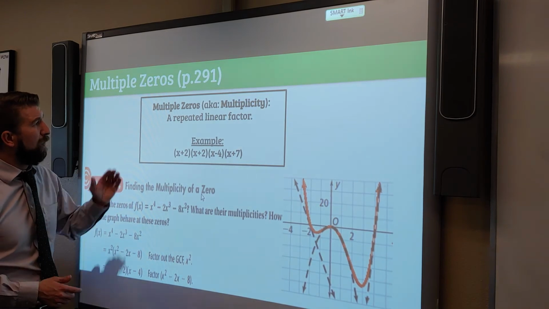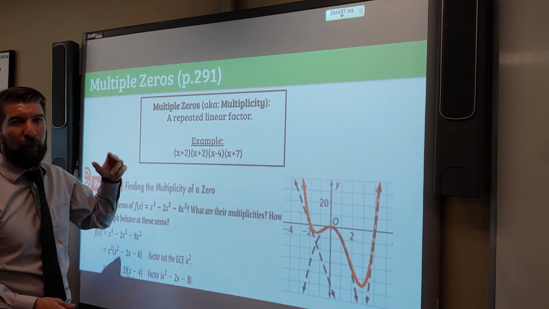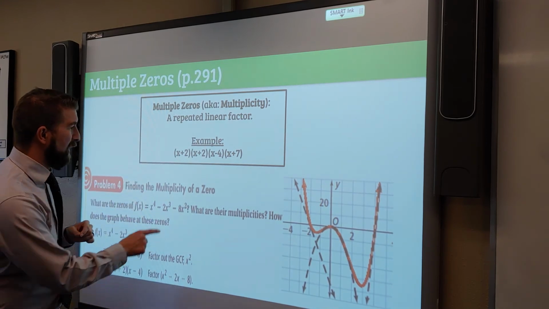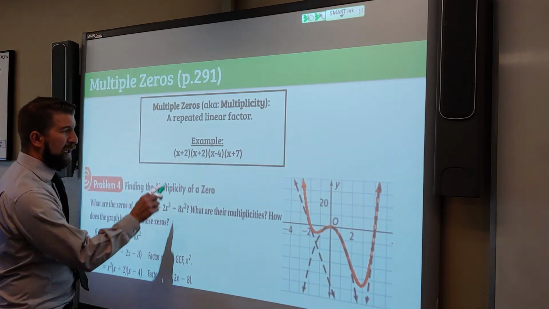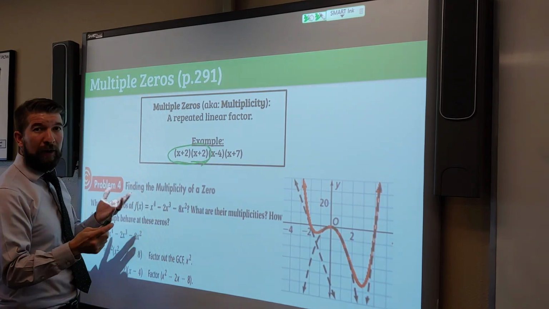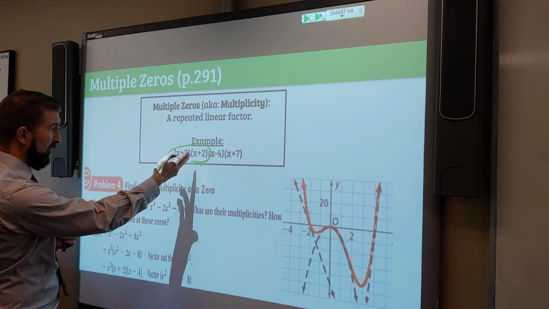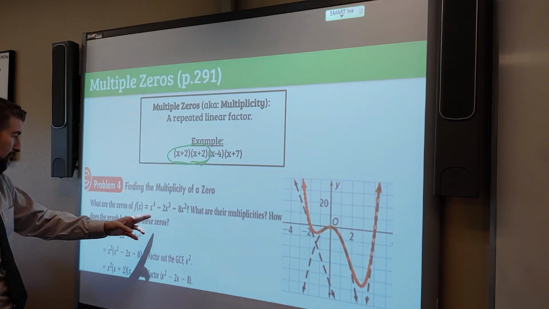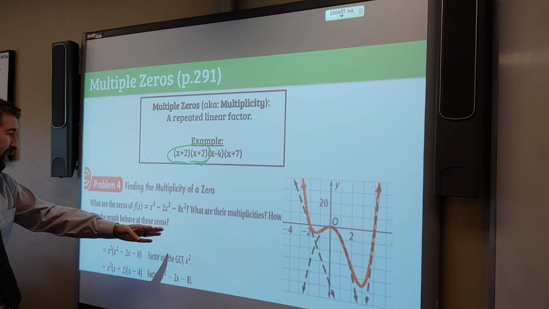The last thing we're going to talk about is multiple zeros, or multiplicity. And this just means a linear factor is repeated. So for instance, right here, you have x plus 2 and x plus 2. All right, there's 2 of them. So this would have multiplicity. So on this one, you would just factor out